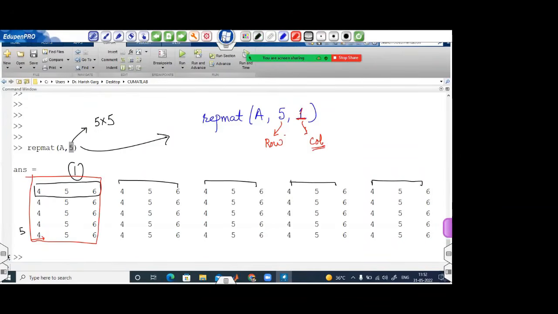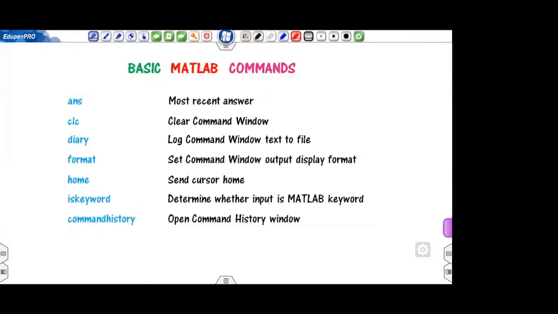Okay. So now I am here. As I discussed, we already discussed the answers. Clear? What is the diary? As I discussed,